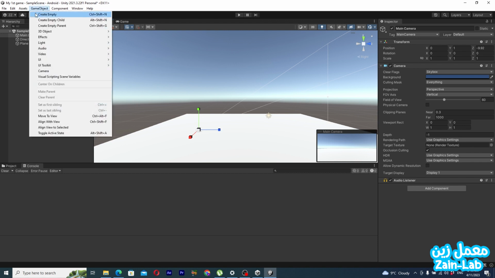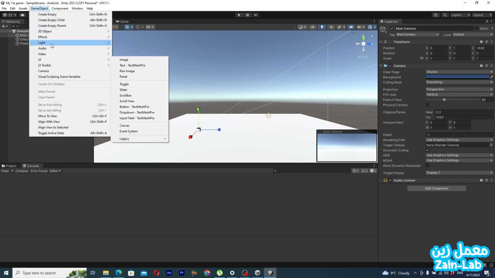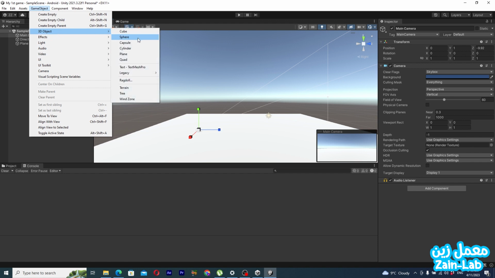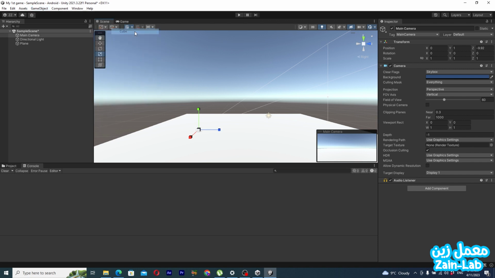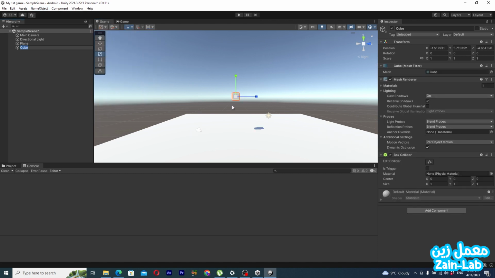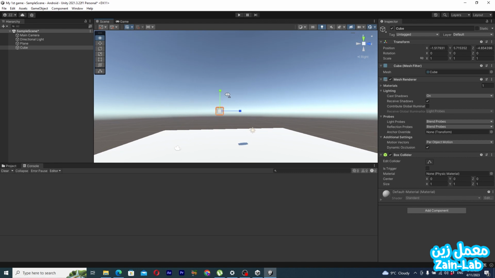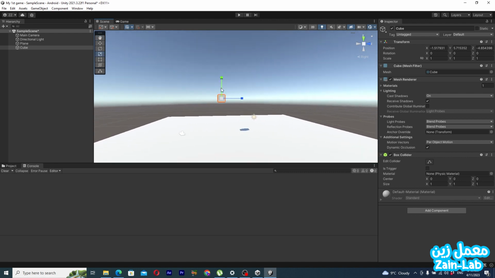From game object I can import my objects. For example, here 3D object, and here my cube. For example, I will enter this cube. I can see that the cube is very far, but if I want to see if my cube is in a good position or not, I must look